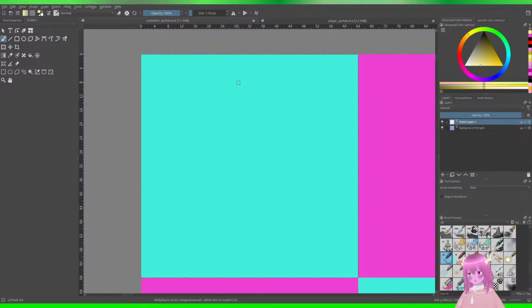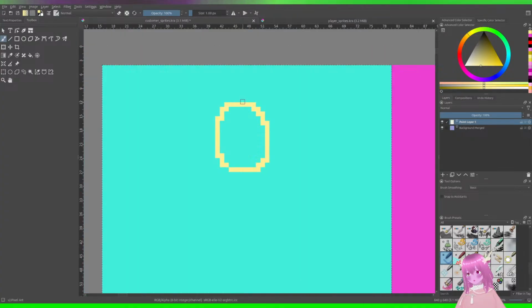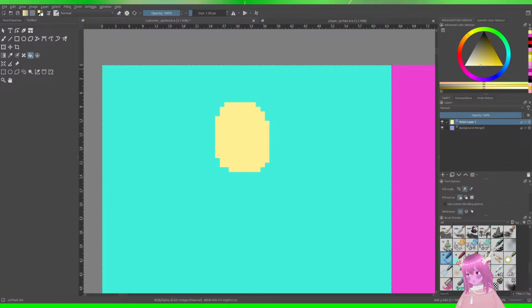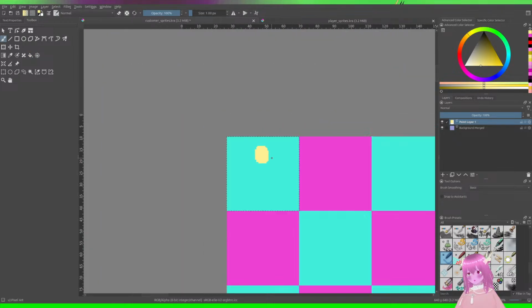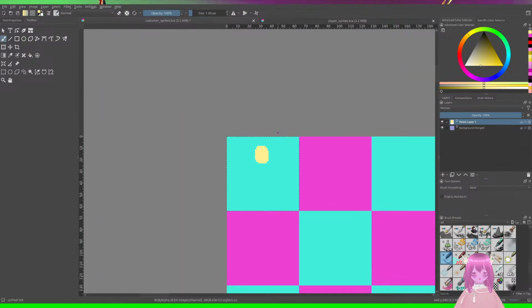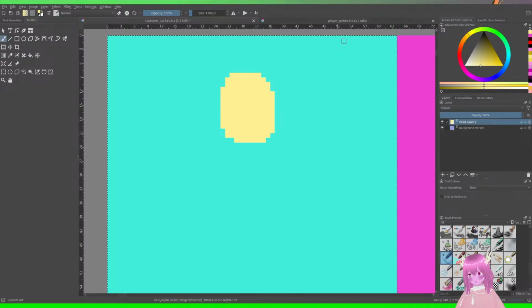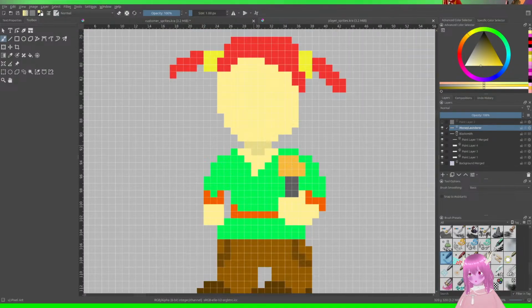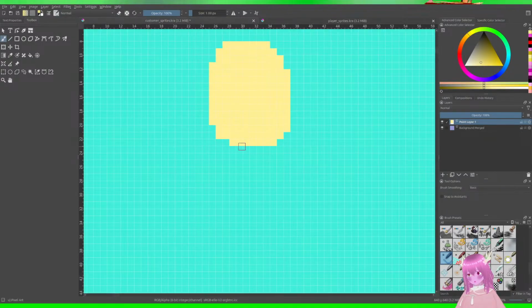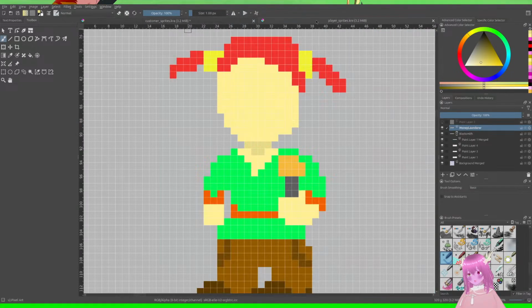Maybe we can draw the humans from the FNAF like mini games. You know, it's just straight up like not a human. Start with body type A.